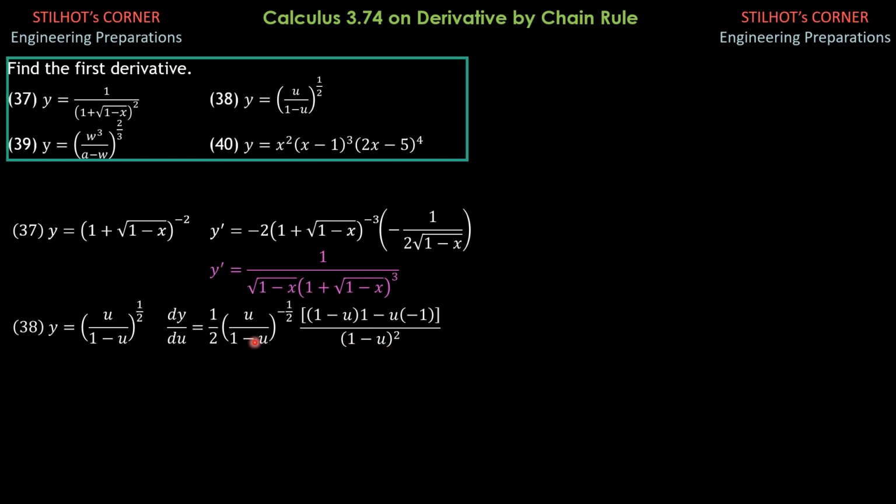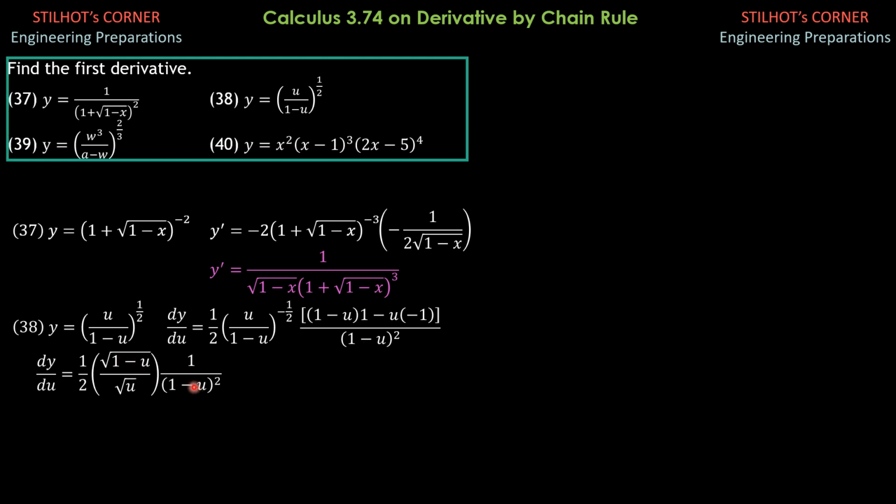So again, this is equal to dy du equals square root of 1 minus u over square root of u, or 1 half, copy. Then this is now in the numerator with positive exponent raised to 1/2 or square root of 1 minus u. Then u to the negative 1/2 is now in the denominator, u to the positive 1/2 or square root of u. Simplifying these terms inside these brackets, this is equal to just 1, then over this denominator. So we just copy 1 over 1 minus u quantity square.